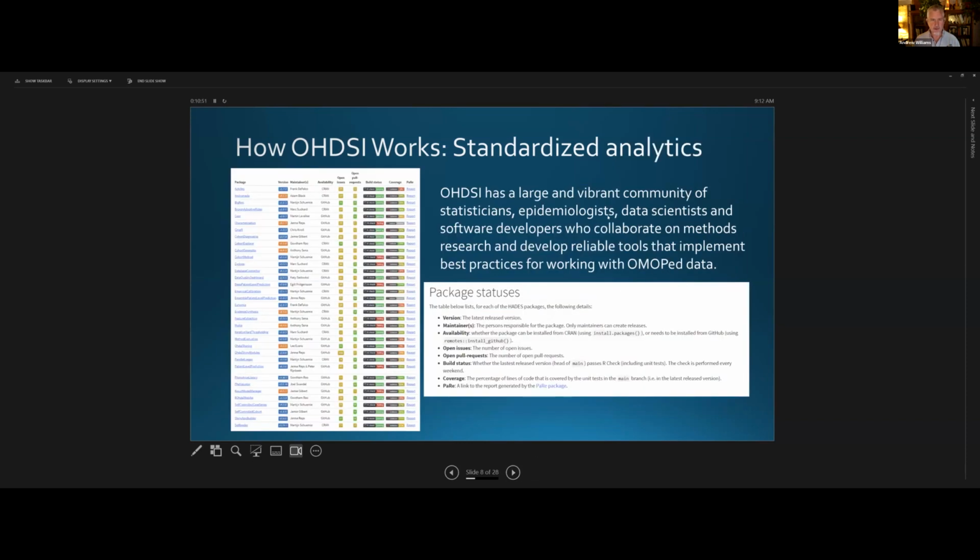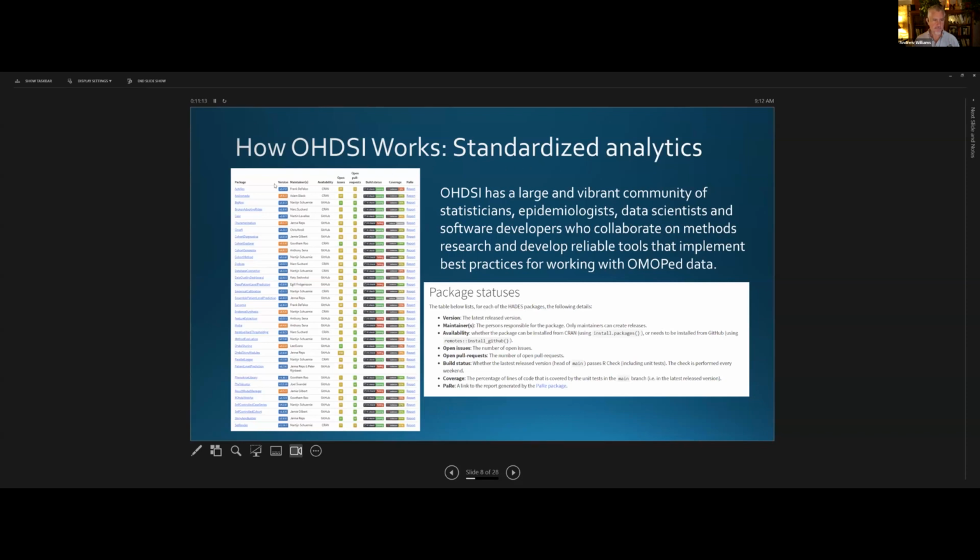Here's a little bit on the analytics. As I said, there's a really robust community doing both software development and methods research that gets applied to this. This is taken seriously, so it can be used at a production level. It's an open source community, just like it's an open science community. So there's open source repos in GitHub for the Odyssey organization.